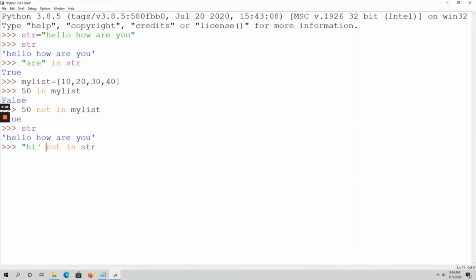So in the string hello, how are you, hi is not there. As I used the not in membership operator, it should return true. See here, it returns true. So like this we have to use membership operators. We have in and not in membership operators in Python. Okay, thank you.